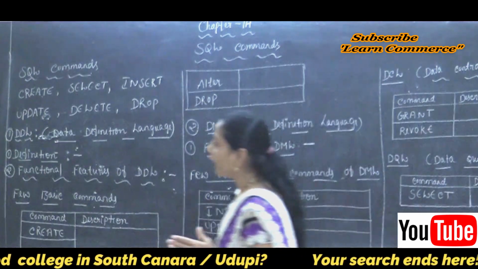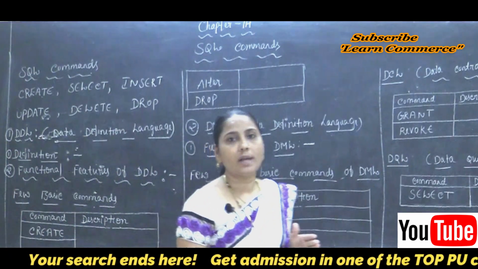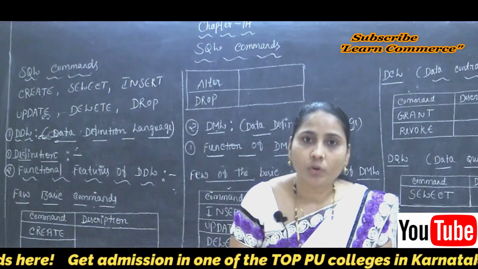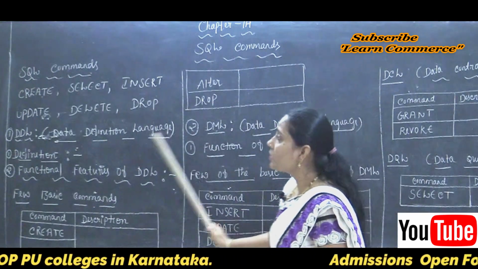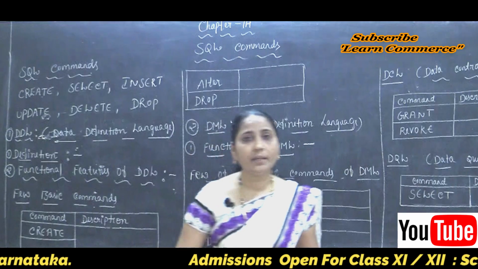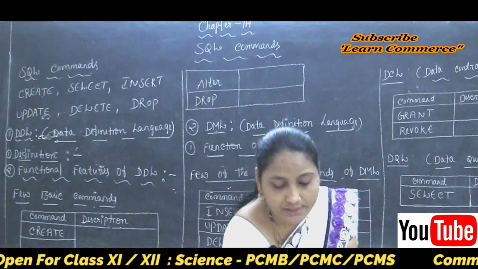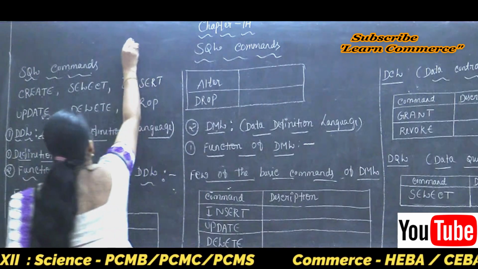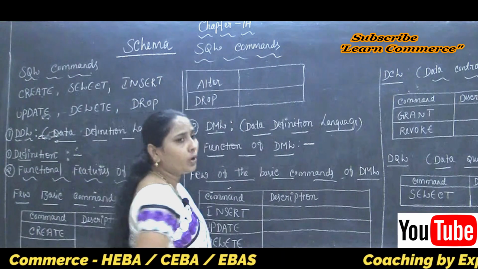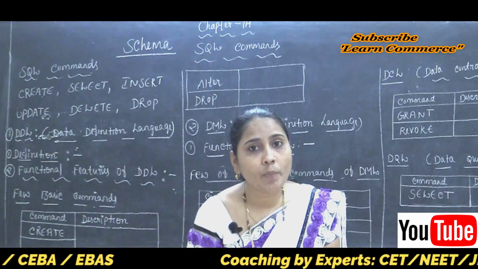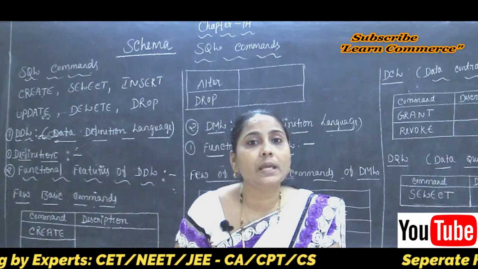First of all, I am going to start with the first group, that is DDL, and we know the full form of DDL, data definition language. In our data definition language, the DDL defines the conceptual schema. Now, what is the meaning of schema, or which one is called the schema here? The schema means the database object, or the schema object.